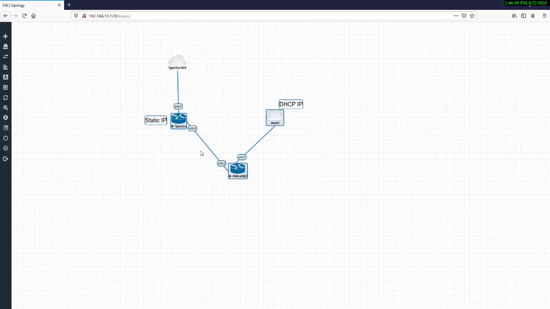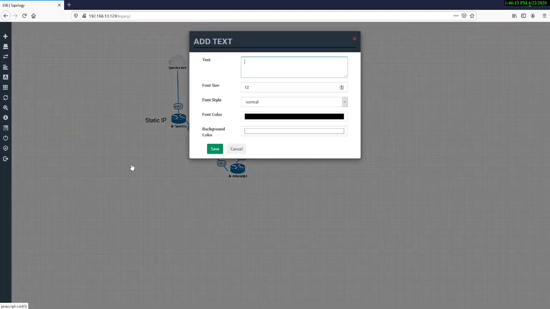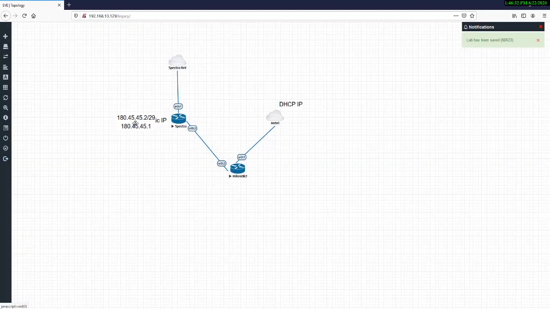And here will be the IP address. So let's write the IP address here: 180.45.45.2/29 and the gateway will be 180.45.45.1. Okay, and I'm going to increase the size of our font. Save it. Yes, it looks good.